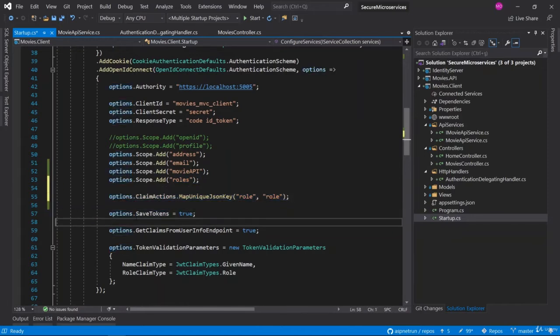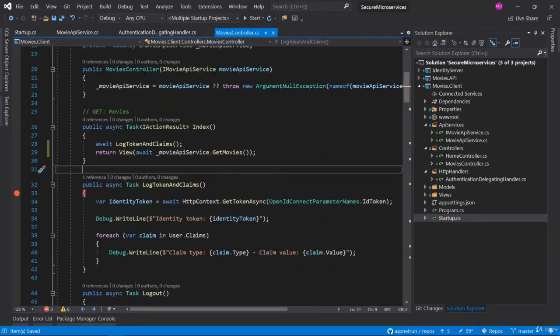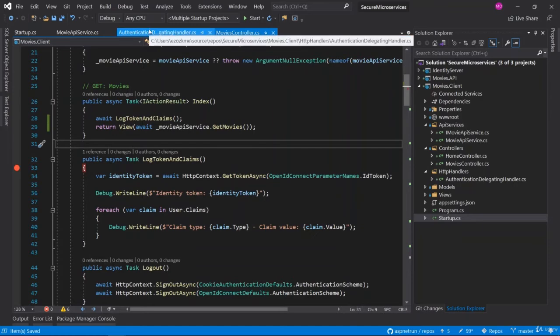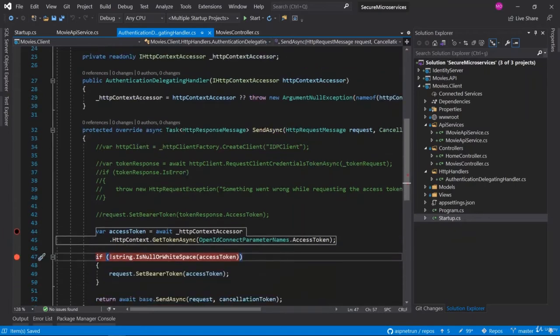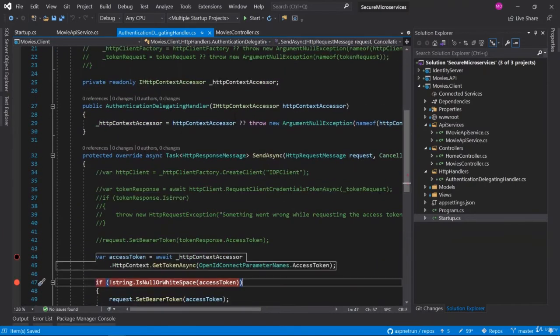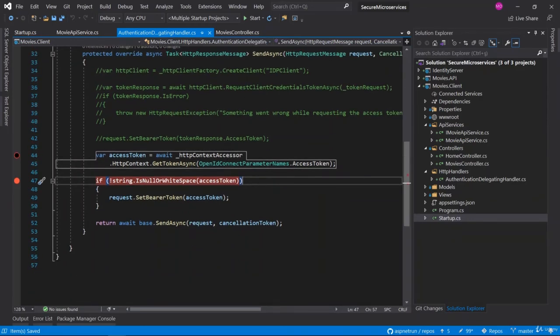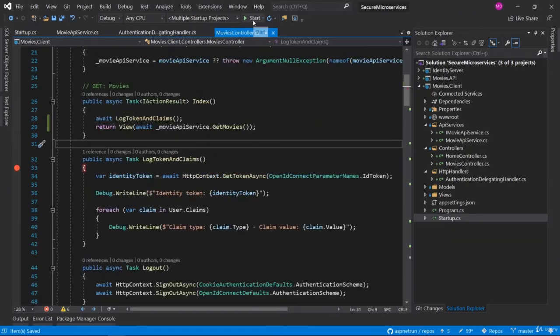After that, let me refactor this place a little bit. Okay, after these changes, let me test our application now. Before that, I have a breakpoint in the movies controller for the login operation. We will check the claims in here, but the token information we are going to check in the HTTP handler. Put the breakpoint in here, because as you know we have an interceptor, so the token will not be retrieved in the controller classes. The token will be retrieved when we are sending requests in the interceptor. So that's why we have two breakpoints, and let me run our application and see what happens now.